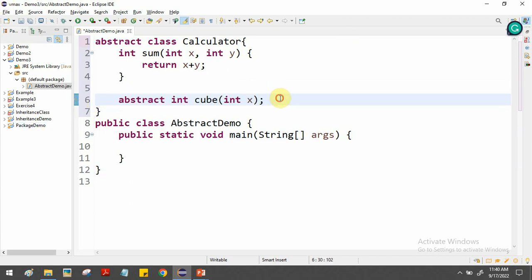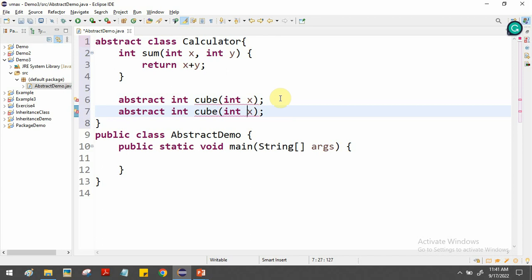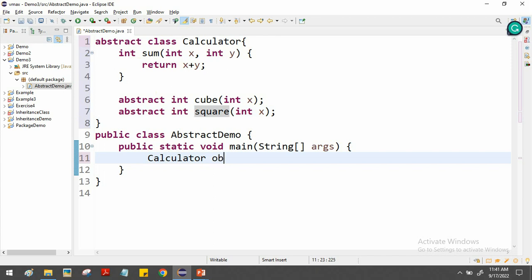Similarly, we can create one more function called square. This is another abstract method, the square method. So this is called an abstract class. If I try to create an object for this abstract class, for example, if I try to create an object for the calculator class,